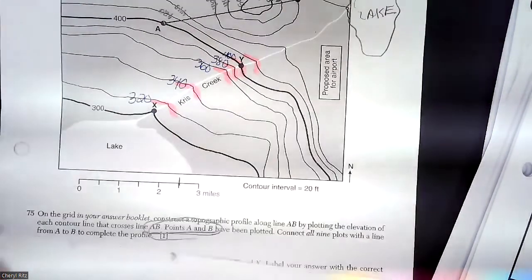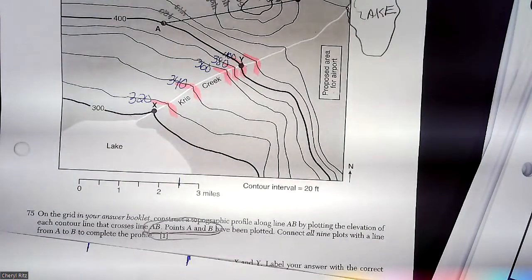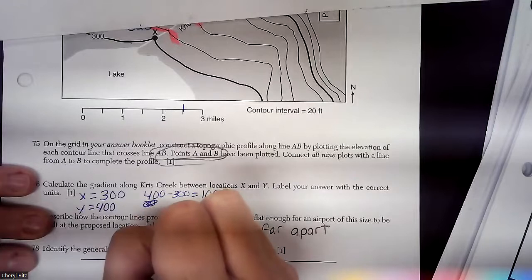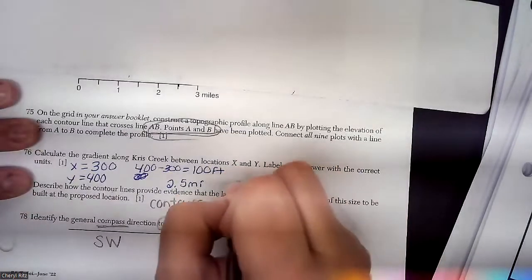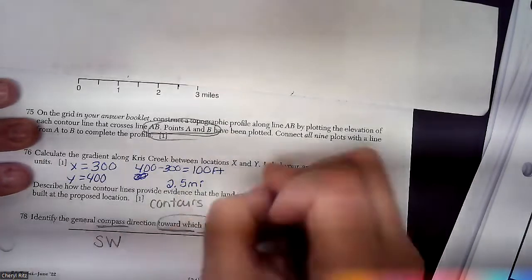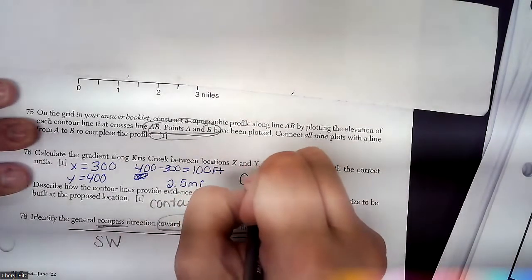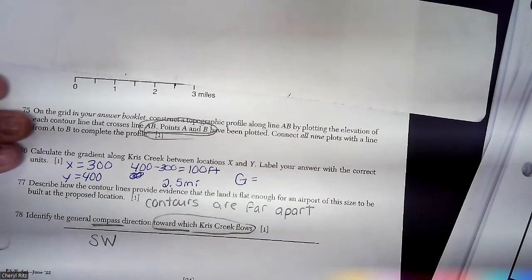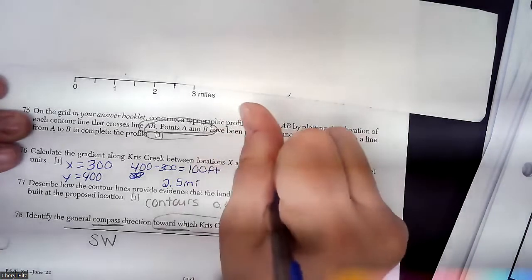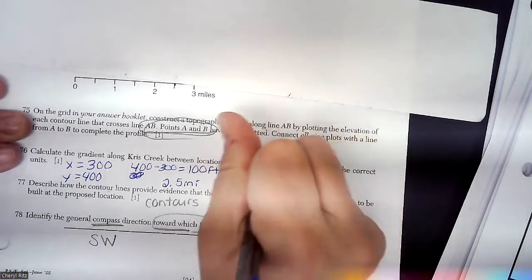Mine came perfectly at 2.5 miles. Plug that into the equation. Gradient equals change in field value divided by distance. Which number goes on top? 100 feet divided by